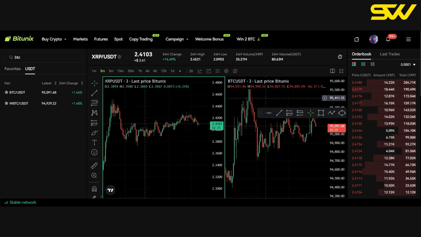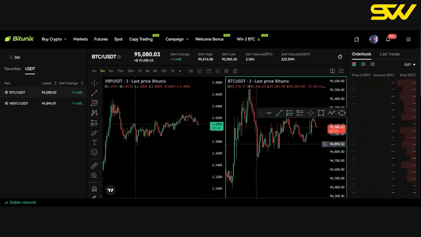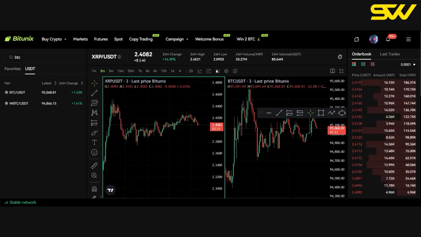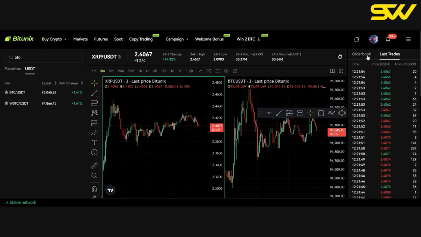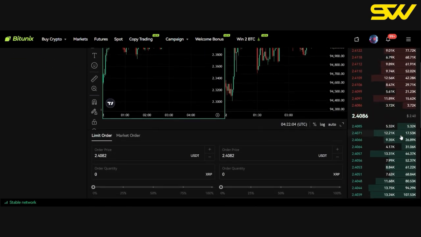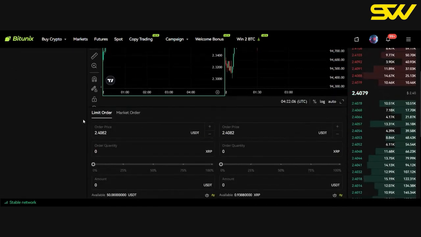You'll notice that if you click onto that side of the chart, the green color frame will appear. If I click on the right, the green frame will appear on the right. If I click on the left, the green frame will appear on the left. On the right side, you're going to see what we call the order book or last trades. For me, I don't really use this that much because for spot trading, we don't practically use it. As you scroll down,